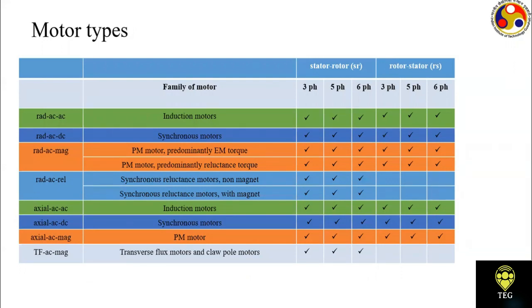Now here on your screen, we have the classification of machines based on the number of phases. In principle, you can have a 3-phase, 5-phase, and a 6-phase machine. So you can have 3, 5, and 6 phases on the stator. Clear? And also, this is a stator rotor machine. That means you have the stator, inside that is the rotor, and this is a rotor stator machine. That means you have the stator, and the outer part of the machine is the rotor. So the first one, stator rotor, is known as inner rotor motor, and this one is known as outer rotor motor.